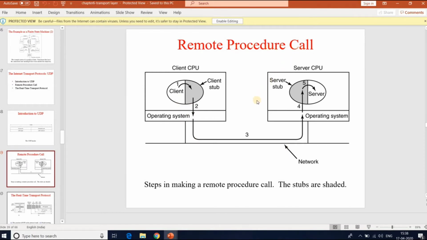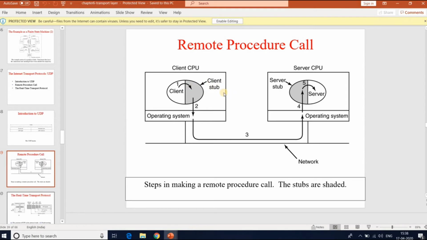Here the calling procedure is known as the client and the called procedure is known as the server. In the simplest form, to call a remote procedure, the client program must be bound with a small library procedure called the client stub.